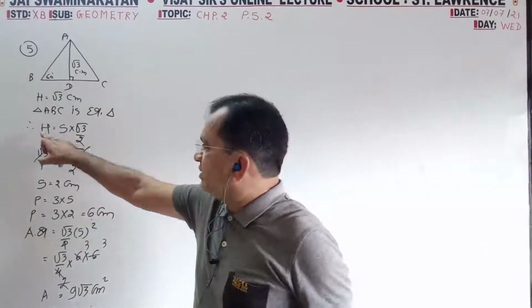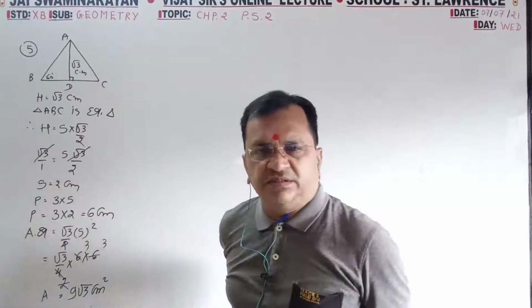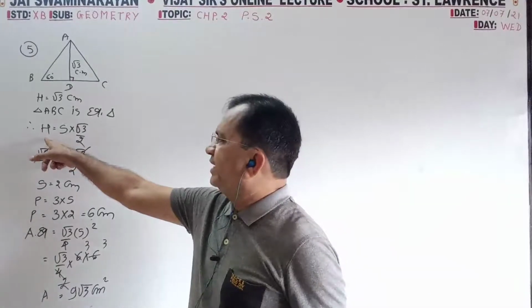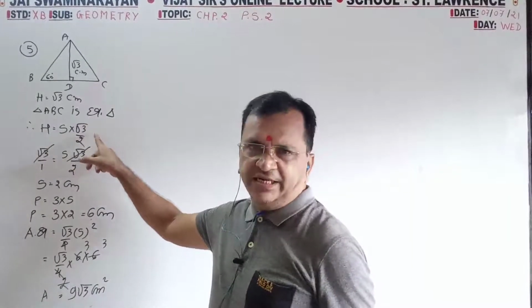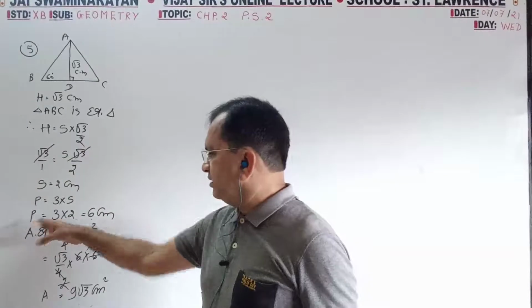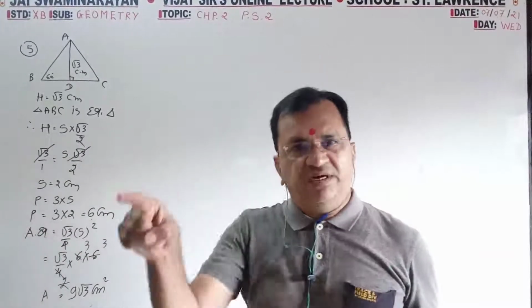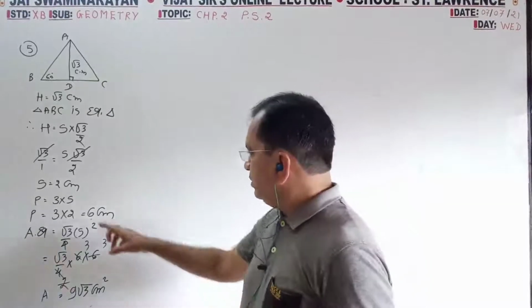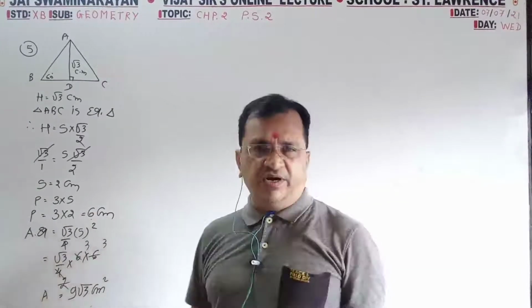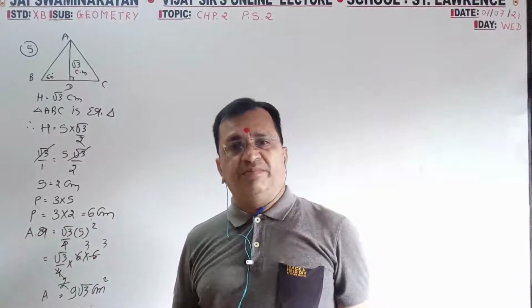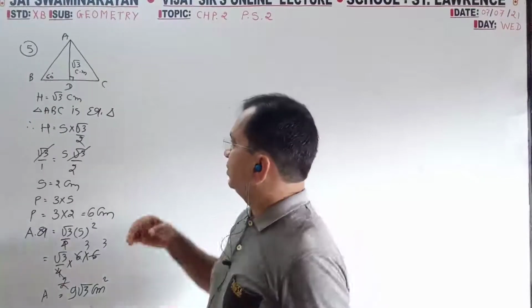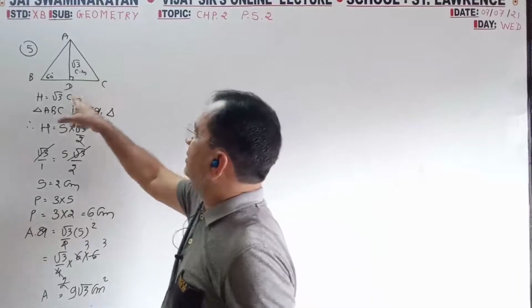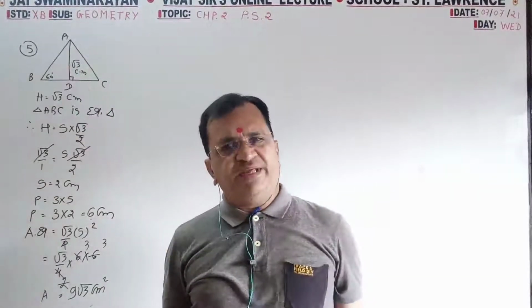So height is given, we can find out the side. From side there are 3 formulas. Height is equal to s root 3 by 2. Perimeter is 3 times side, 1 2 3 sides. Then equilateral triangle area is equal to root 3 by 4 side square. Or if you have the base, that is the side, and the height, then also half into height